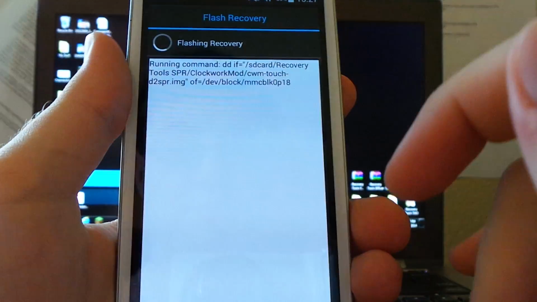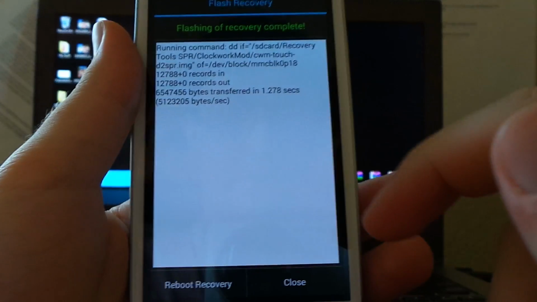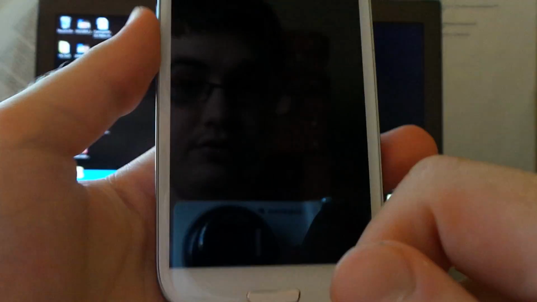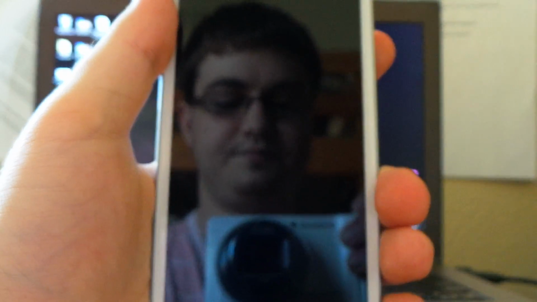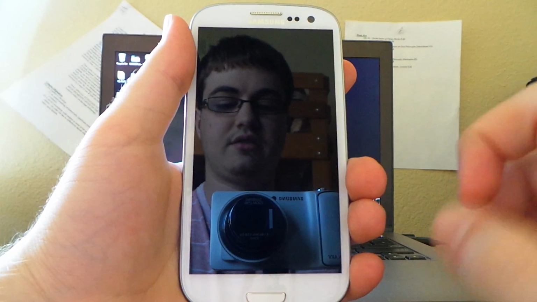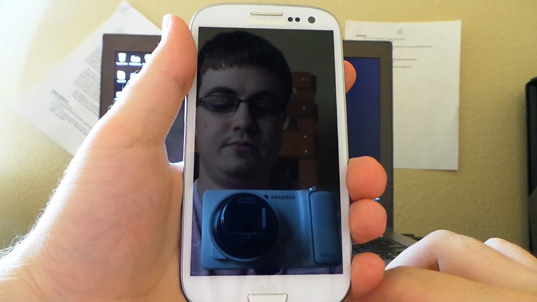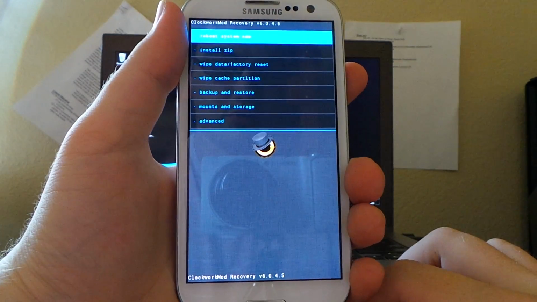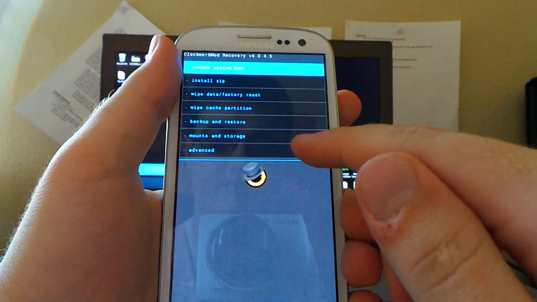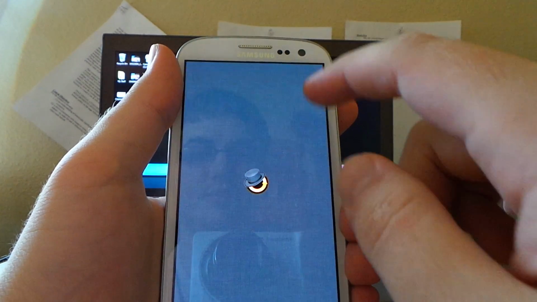So we're going to continue, and it will run the little command for you. It'll go through, completed, and then we have to select Reboot Recovery to reboot into our new recovery. So there we go. We saw the little blue text saying this is booting into recovery. We have the custom recovery logo, and look at that, we have ClockworkMod version 6045. Look at that, and it's touch. There we go. So let's reboot the system,